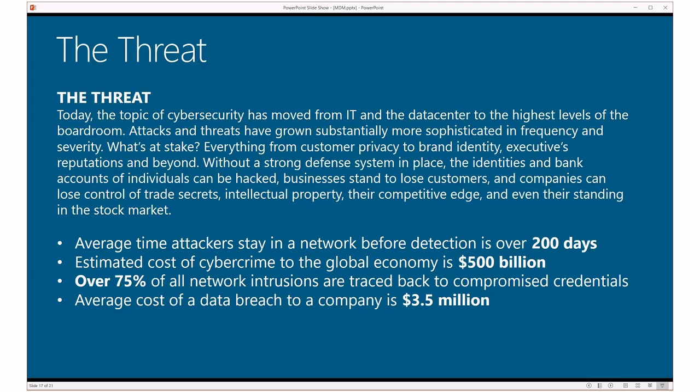So we're talking definitely more than half a year. All right. So the other one is 75% of all network intrusions are traced back to compromised credentials, right? So that's where MFA could have solved almost all of the other major breaches that you've heard about. Compromised credentials are nothing if you don't have MFA in place, right? So if someone got your password but they still don't have the other forms of authentication, multi-factor authentication would prevent against those things.